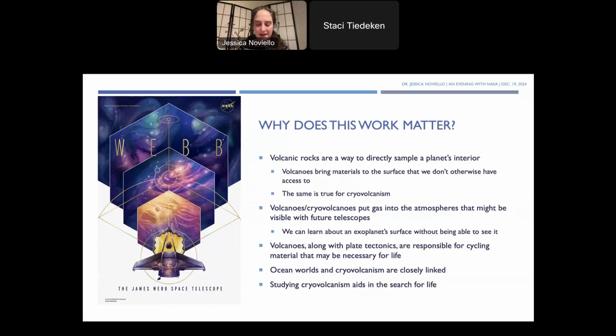We also have, I think it's pretty cool, but of course, when an eruption happens on Earth, there's a lot of gas and dust that gets released into the atmosphere. If we are looking at an exoplanet's atmosphere, we need to know if what we're looking at is part of the planet's original composition or if it's being altered by volcanism. So knowing how a planet responds to different stresses, and most importantly the heat stresses for volcanism, we can figure out what a planet is doing just by looking at the atmosphere, but only if we know what to look for. This would be true for cryovolcanoes as well, because there are probably a lot of cryovolcanically active exoplanets out there, and we like to be able to interpret what we're looking at, so that when we're looking for signs of life, we know we can rule out certain volcanic or cryovolcanic